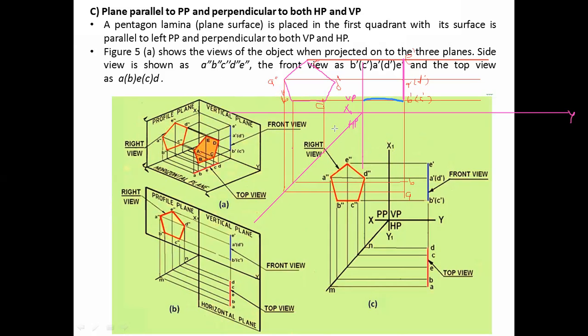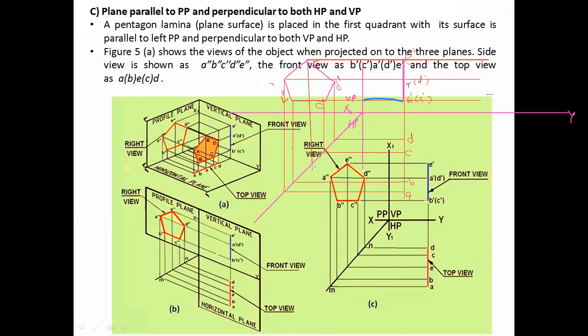What is the angle of this line of inclination? 45, correct. So this is C. Then we have D, like this, and then this. This is D point.